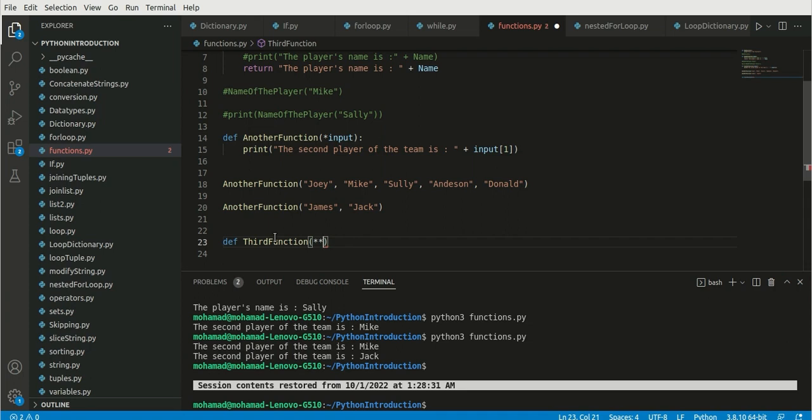So the asterisk is called kwargs, but instead of kwargs, you can write anything else. So for example, I can write argument. It doesn't really matter what you put in as an input, and you can print